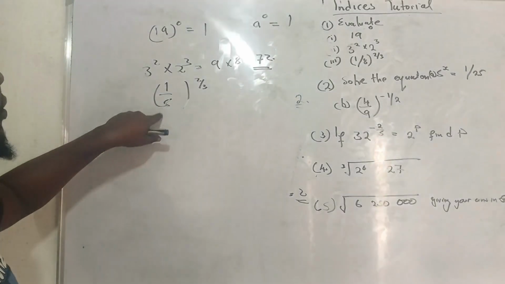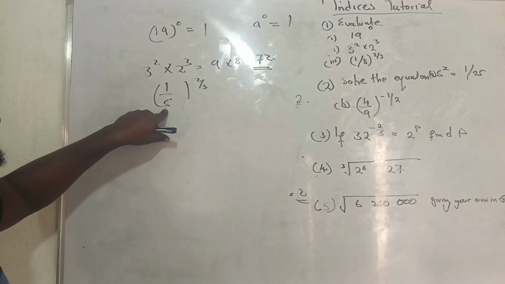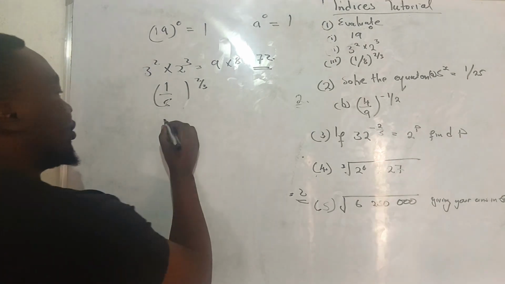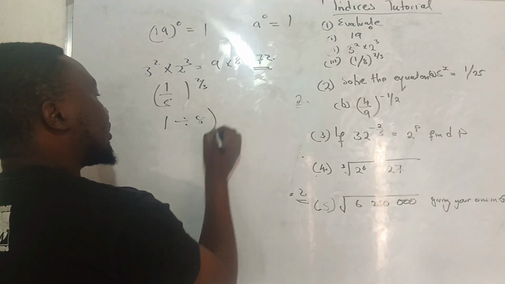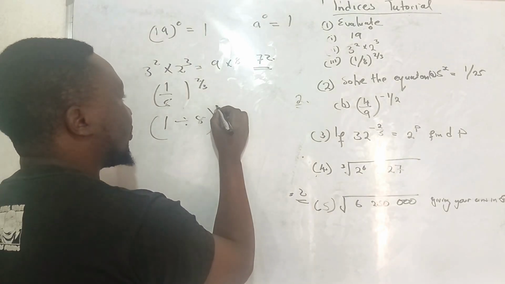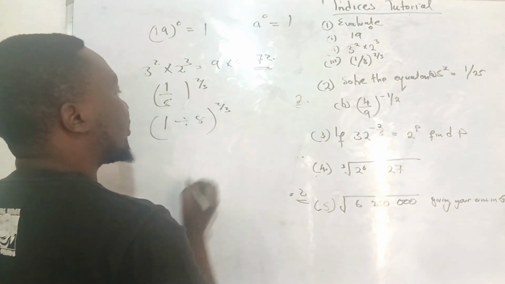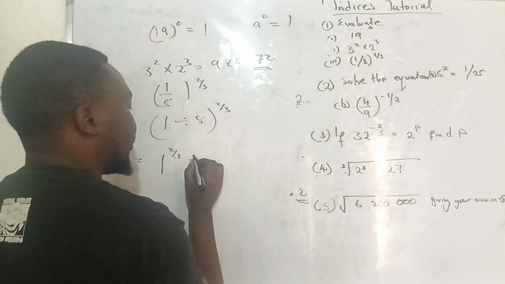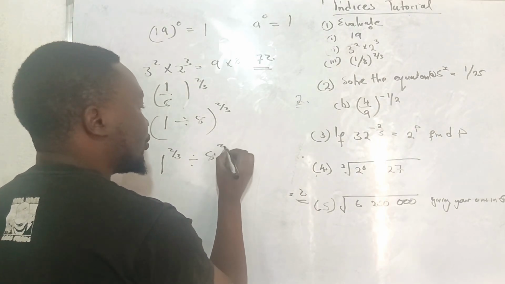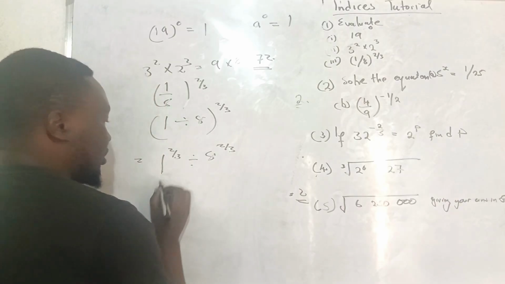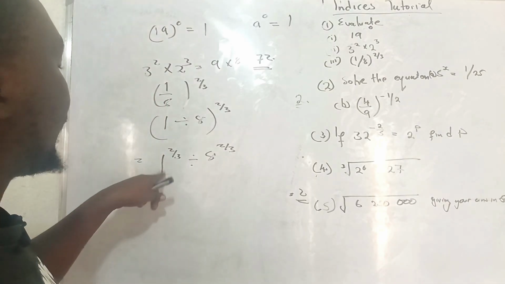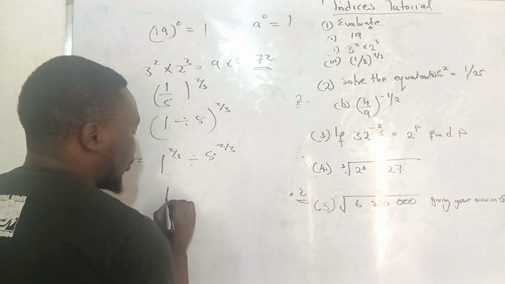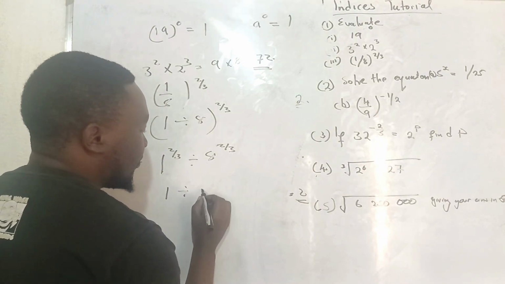Remember that you have a fraction. This is division, and this is fractional index. So we're going to have 1 divided by 8, all of this to the power 2 over 3. So this is equal to 1 to the power 2 over 3 divided by 8 to the power 2 over 3. If 1 is raised to any power, it just remains as 1. So we have 1 divided by